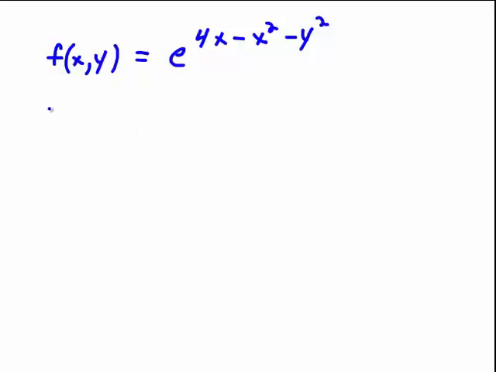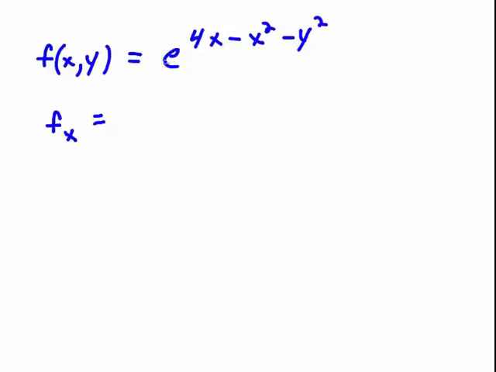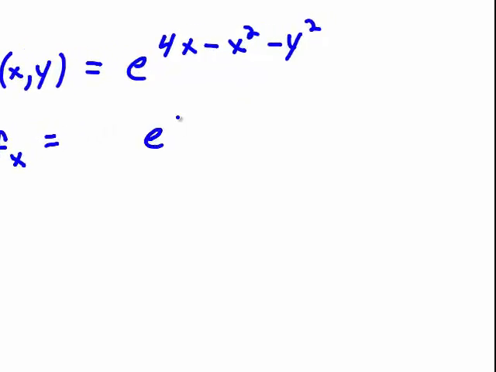Okay, let's find the local extrema of f of x,y equals e to the 4x minus x squared minus y squared. Start by taking the first partials. The derivative of f with respect to x, well, the derivative of the exponential function is the exponential function times the derivative of the exponent, this time with respect to x. So that's going to be 4 minus 2x. And I'm going to put that in front,